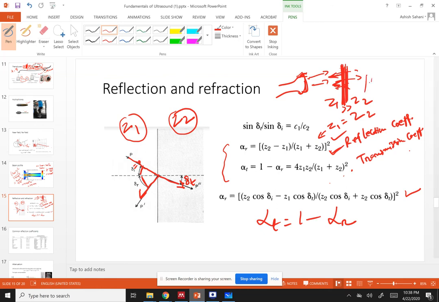But if there are structures behind it, a lot of sound power will already have got reflected from this point, so not much sound power was left to reach any structure below this. Okay, so even if there are structures present behind a strongly reflective surface, they might be invisible to ultrasound because most of the ultrasound has already been reflected from the strongly reflecting surface. So these considerations one has to keep in mind while doing ultrasound imaging.